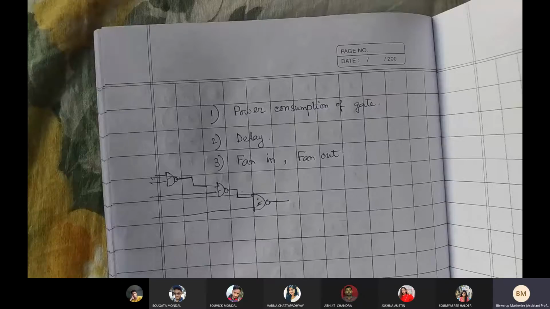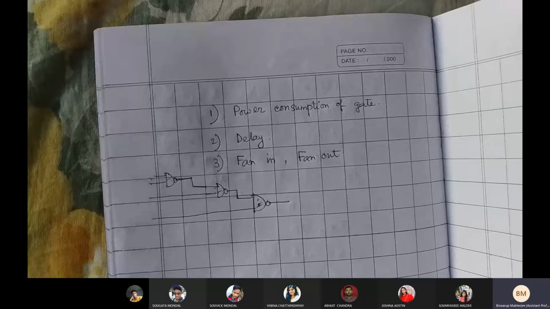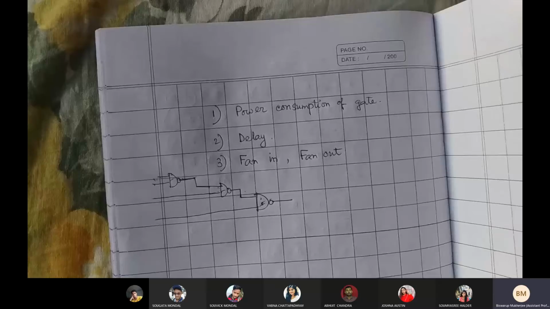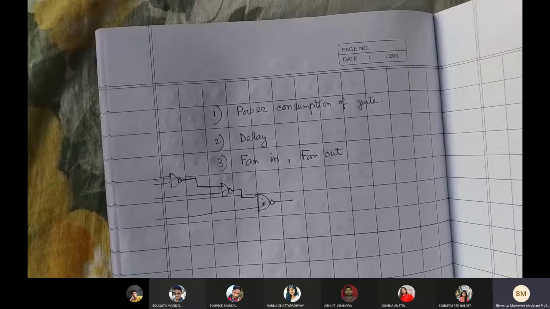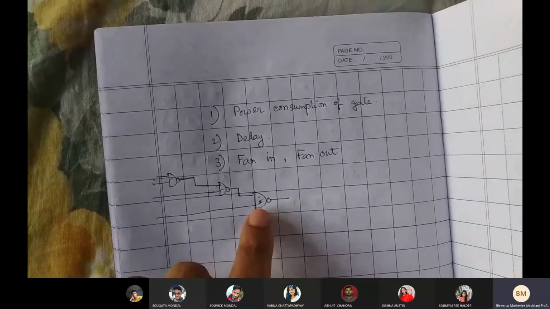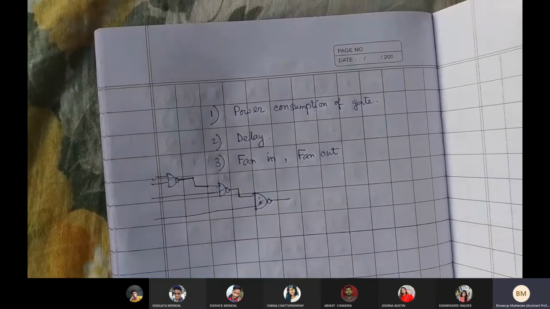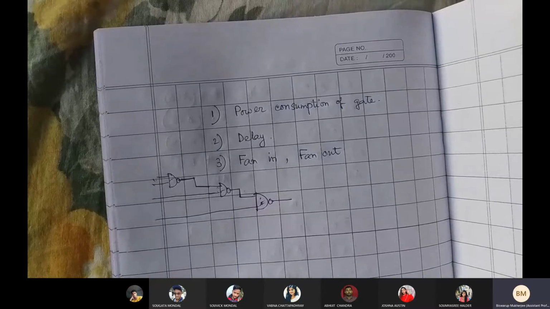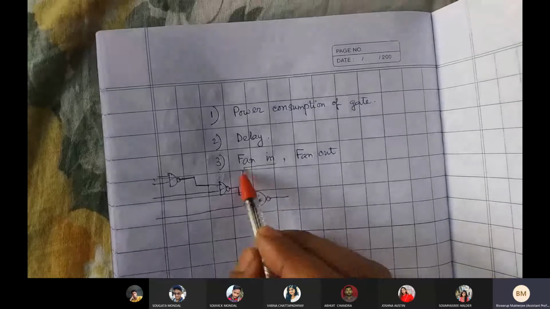How many gates can drive the final one? Now you can say, sir, why not infinite? Because if it is infinite, that would be much better. The infinite gates can be included at the input side, but it is not possible, because the current driving capability of this particular final NAND gate is fixed. So if you provide a little bit more than that, if you give more current value than that, maybe it can be damaged. So that is why that is a parameter of an IC.